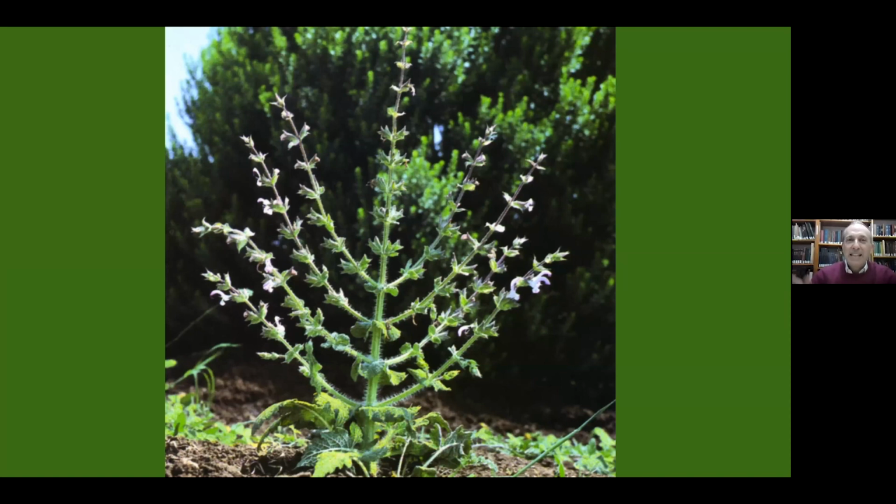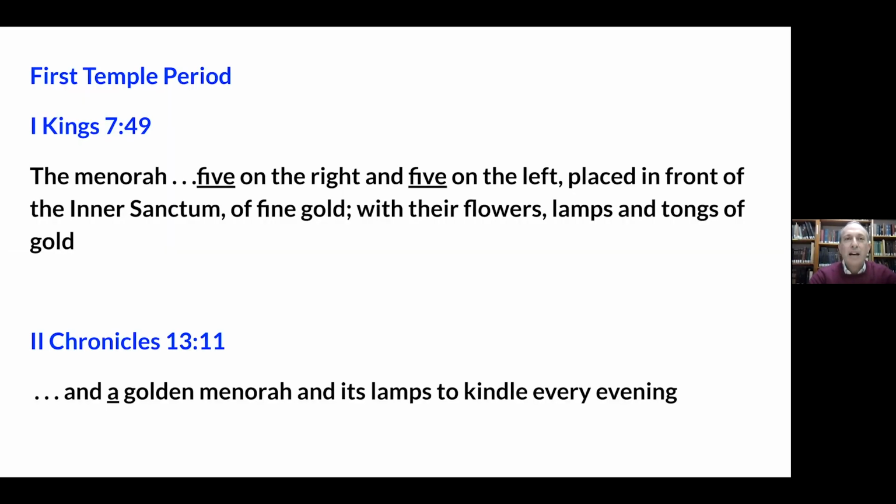The cups, the calyxes, the blossoms that you see there, exactly like the menorah that's described in the book of Exodus. One of the discrepancies that we encounter in the menorah is how many menorot, how many candelabra were there, right? We have the temple that stood in Shiloh, the devotional site that existed in Shiloh, and it's believed in Shiloh, that is before the destruction of the Solomonic temple, right? There was one lampstand that stood there.